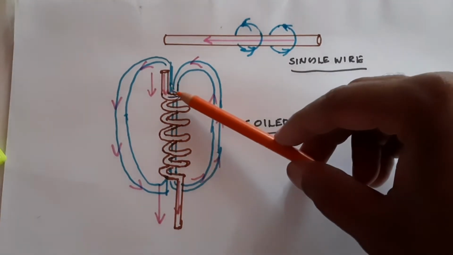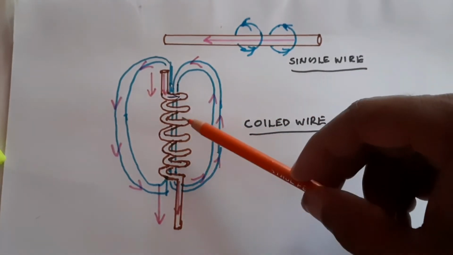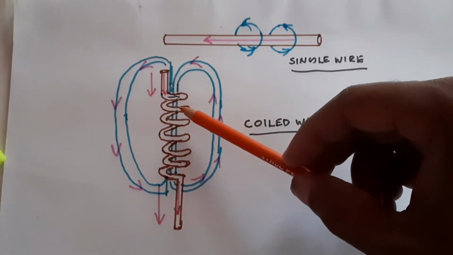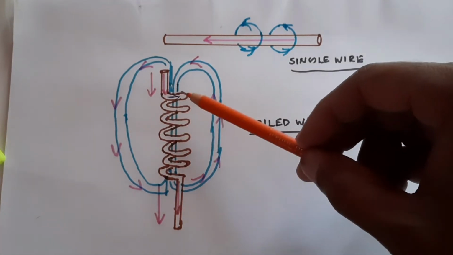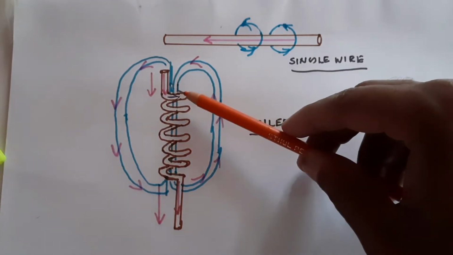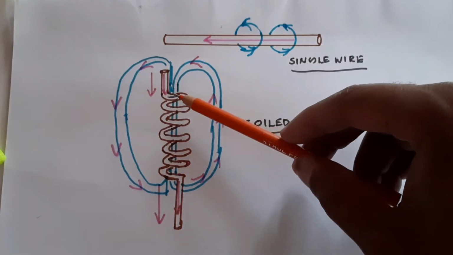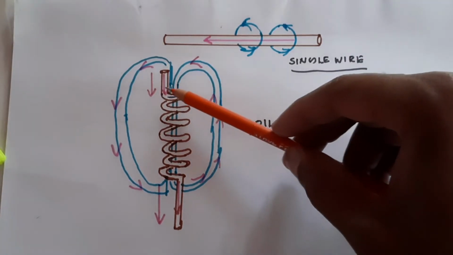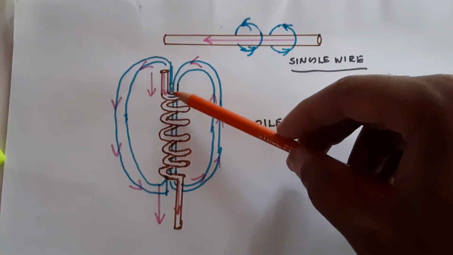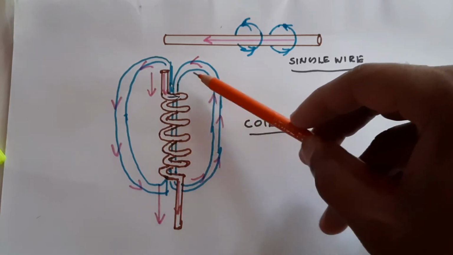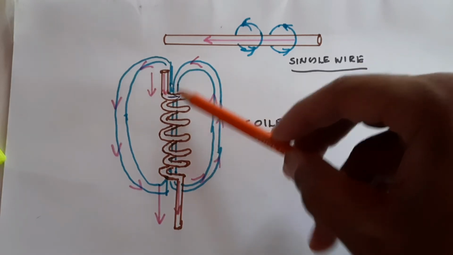Actually, we are not using the inductor like that. We are putting a core inside the inductor. The purpose of using the core is to increase the concentration of flux. How can we increase it? The core has a certain permeability. Permeability means the conductivity of magnetic flux. There are many types of cores available. These cores conduct flux more readily than air.